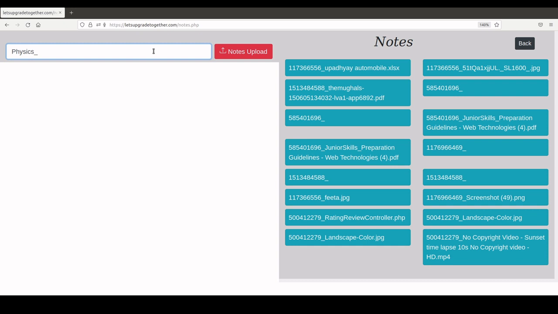Maybe you are in class 10, and then, if possible, the chapter name or the topic name. So in class 10 maybe it's laws of motion, or maybe work, power, energy, or some other topic. Whatever it is, you will name it that way, and then you will upload it.